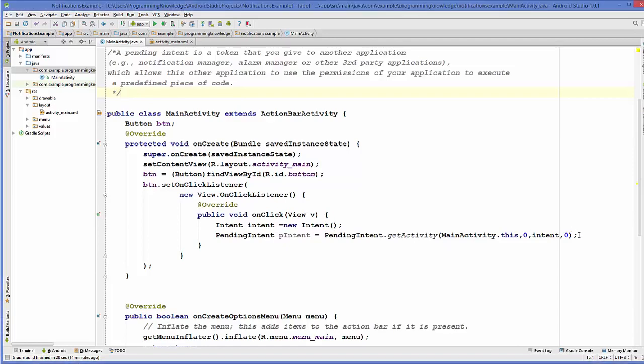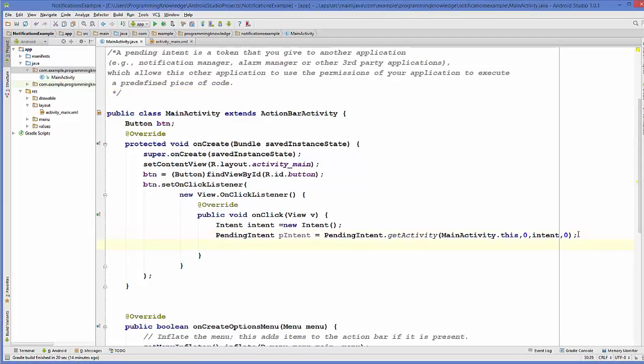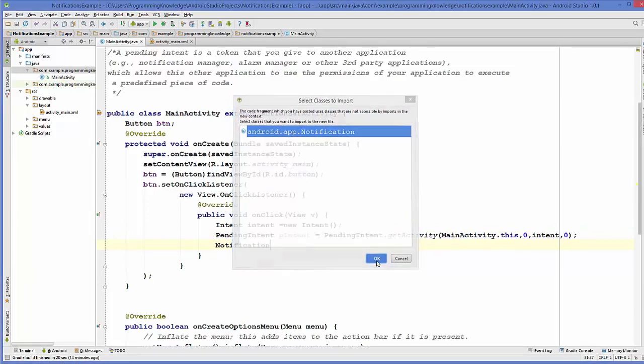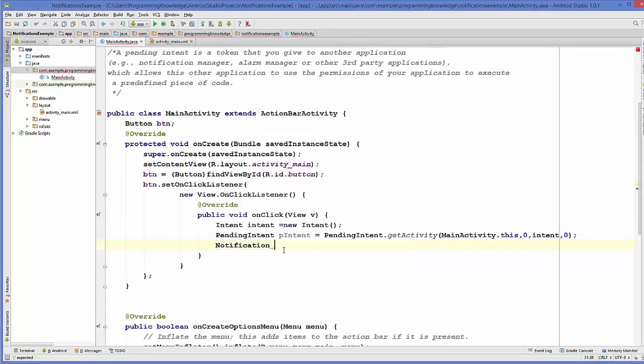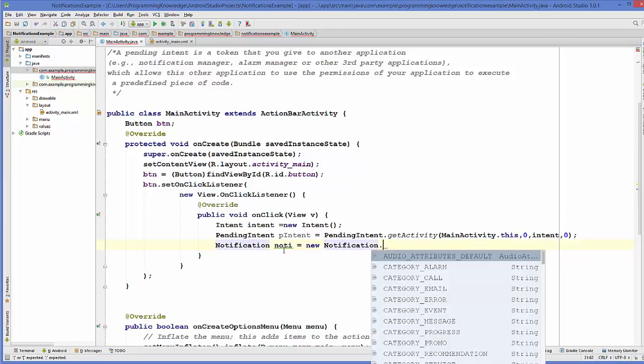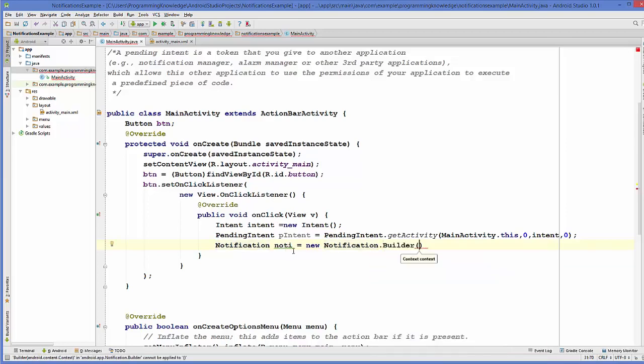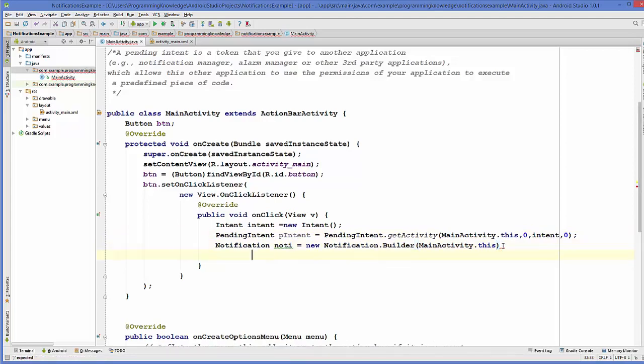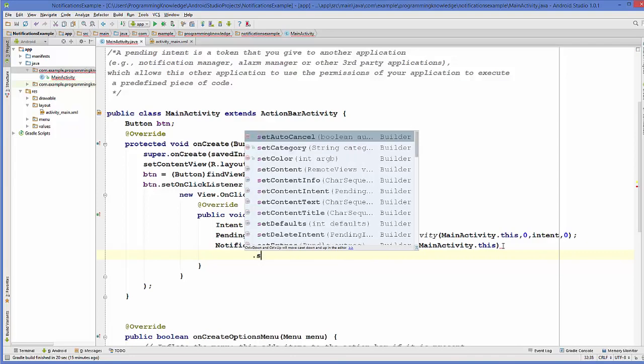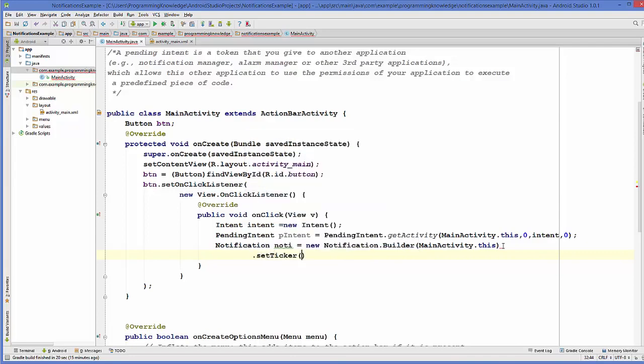Now I'm going to create my notification object. So notification, and I'm going to include my import, and I will name it as noti for example, is equal to new notification dot builder, and this builder will take the context. So I'm going to just copy this main activity dot this, and then you can add some attribute to this object. For example dot set ticker, and this is your ticker name, for example